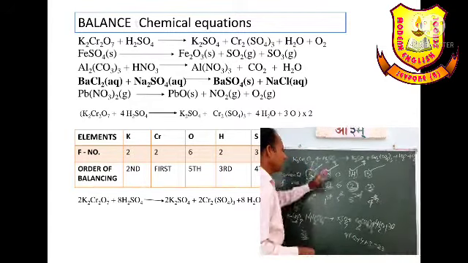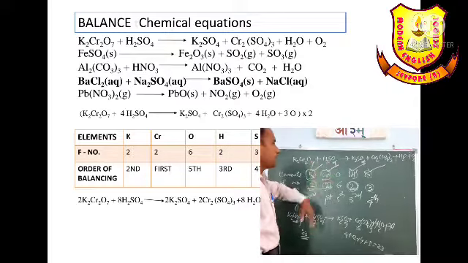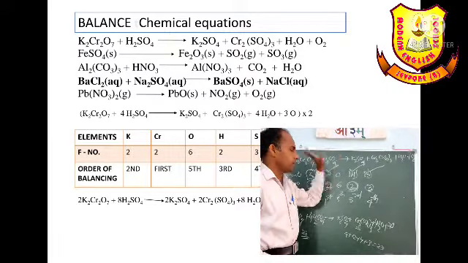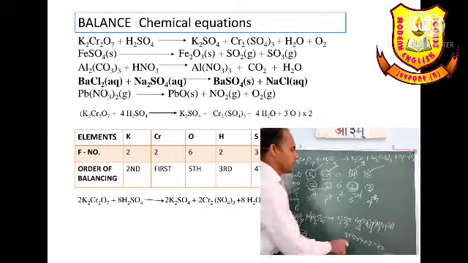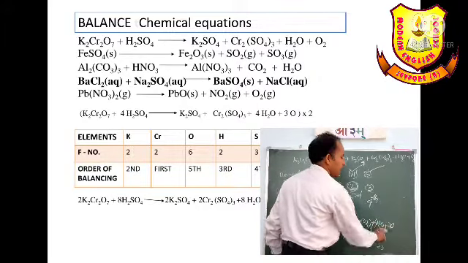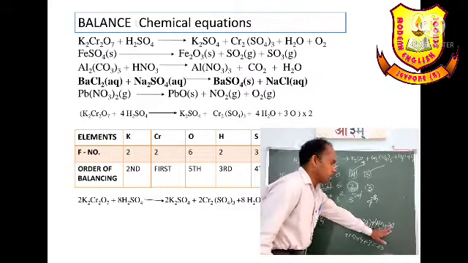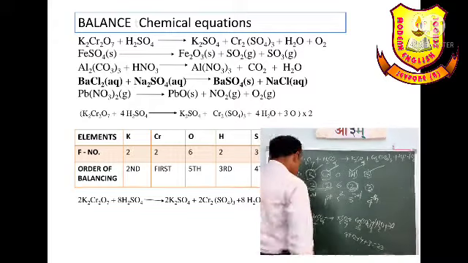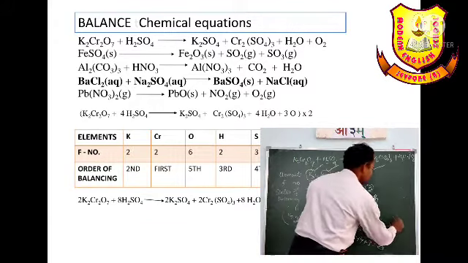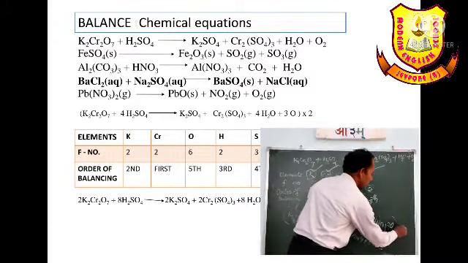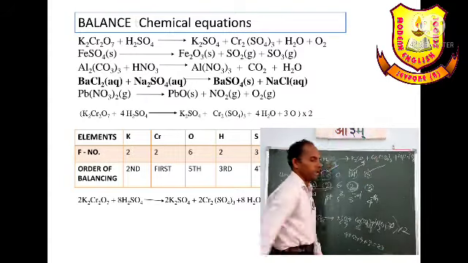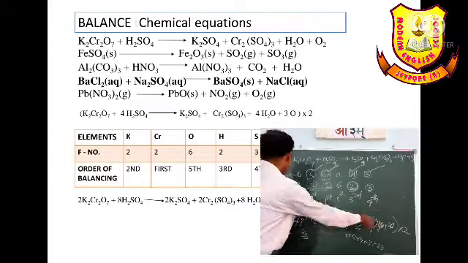Potassium balanced, chromium balanced, oxygen balanced, hydrogen balanced, sulfur balanced. But here 3O is there. It should be in the molecular form. So the whole equation, because it is a diatomic molecule, will be multiplied by 2. So it will be 2